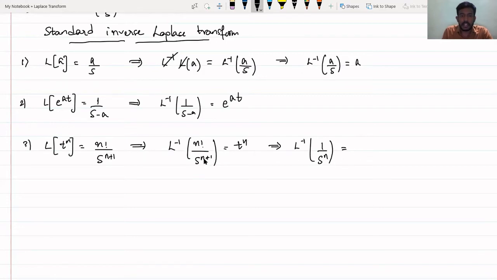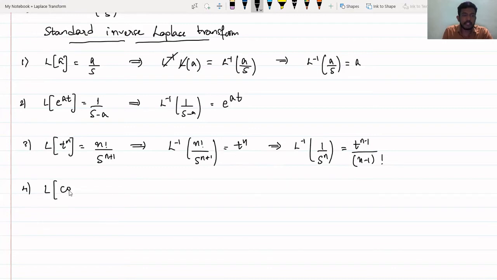That is given by t to the power of n minus 1, because it is one integer less than n plus 1. Here, one integer less than n means t to the power of n minus 1 divided by n minus 1 factorial. We are supposed to have this in the numerator. Since we don't have it, we have to divide the RHS by the factorial. Since we have s to the power of n here, this should be one integer less than n, so it is n minus 1 factorial. Okay, so this is also a standard form. So we take the next one now.